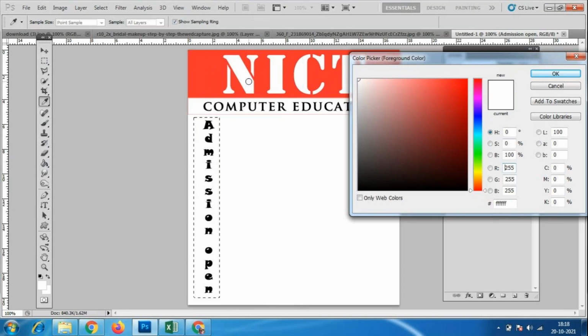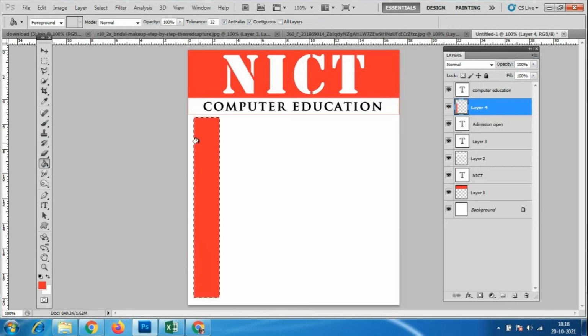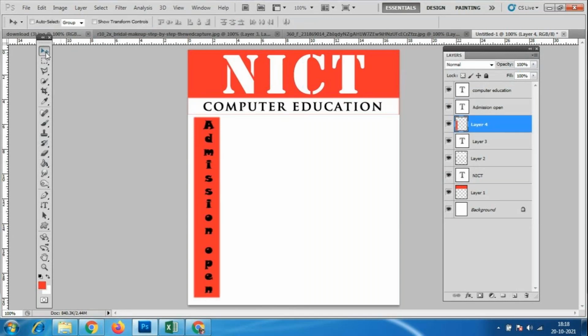Whatever color I'm using here, the same color is picked. Always the text tool comes with a new layer, but if you want a box or any designs, we have to take a separate layer. I'll apply the color, Control D to deselect, and it comes like this, admission open.